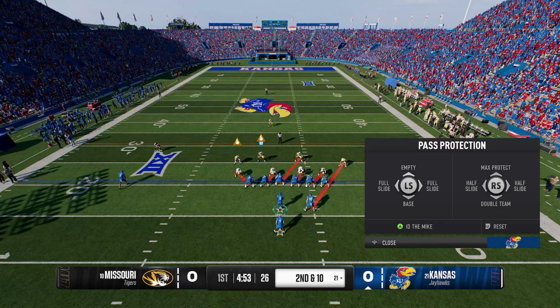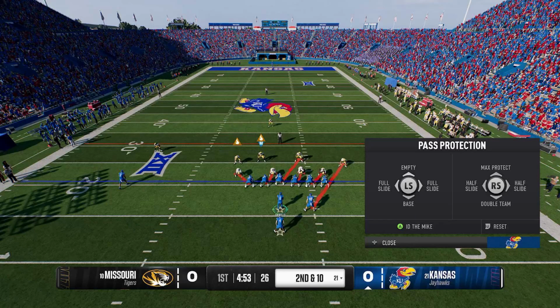You can do some other things like empty, but I haven't really had to use that much. Empty is if you have an empty backfield, so maybe if you motion out your running back, you want to put it in empty. You can also set it to base align. There are some other things you can do there, but what we're going to be focusing on for this video is the slide, and I'm actually going to slide my protection to the left to try to pick up those two